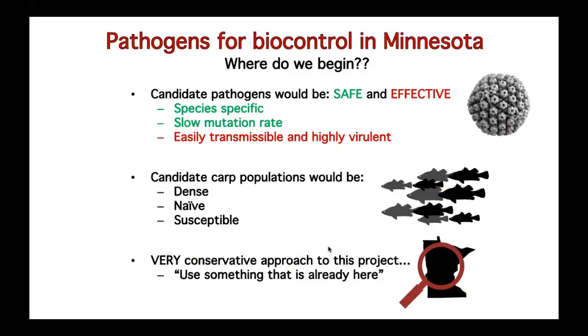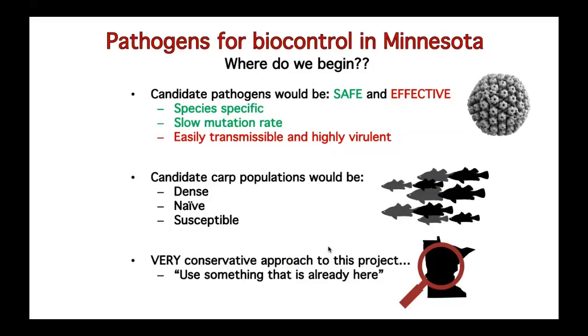So we need these populations that we're going to be targeting to be dense, which fortunately or unfortunately for us, they are. And we also want them to be naive and susceptible. And again, I want to touch on this because it isn't completely clear, but you have to think about a population being naive and susceptible over space and time. So not just thinking about it like a map where you have positive lakes and negative lakes, but also thinking about how carp are going to recruit into those lakes over time. So there can be turnover and you'll have new susceptibles that way.